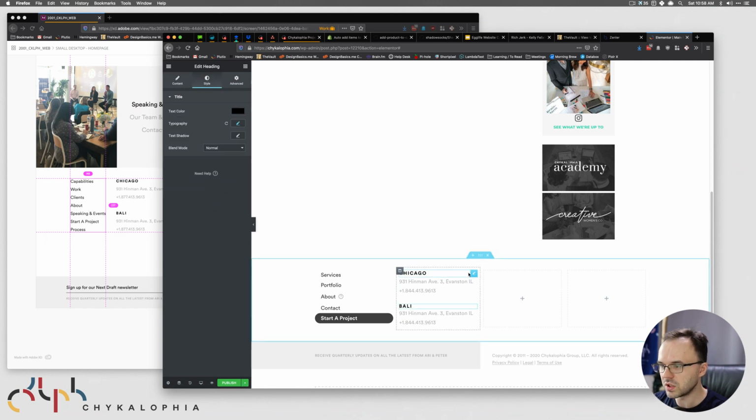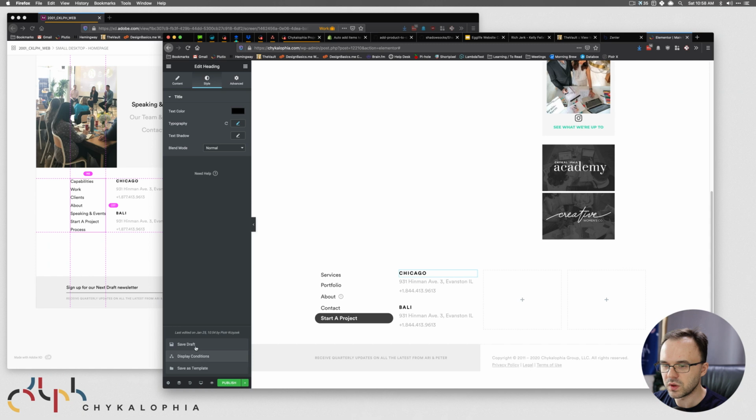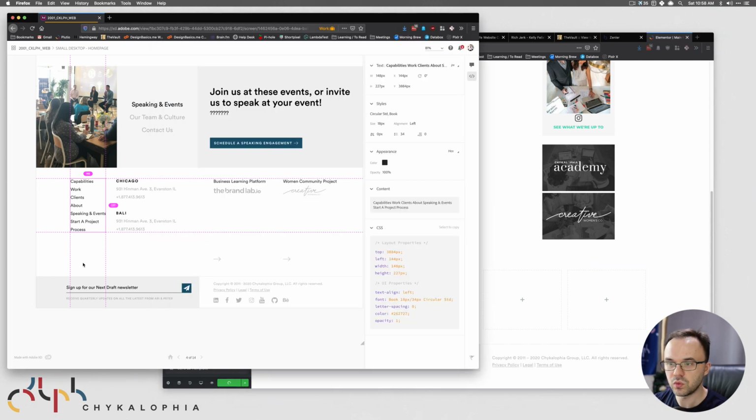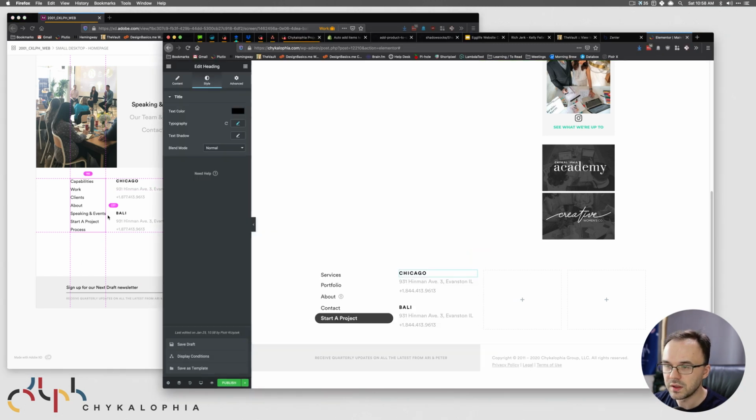Oh, a little trick: copy, paste style. Really neat quick trick that allows you to move the styles over really quick. All right, next up,